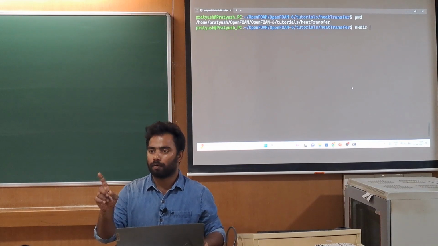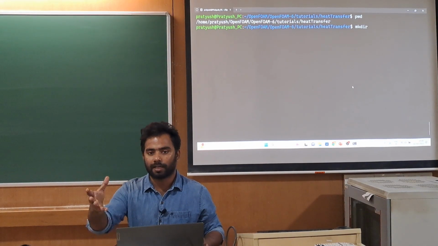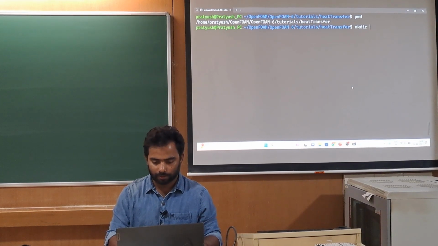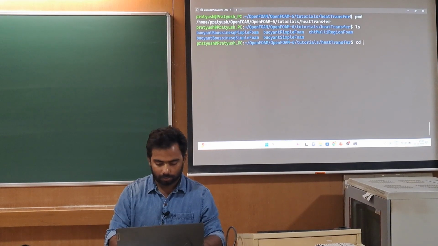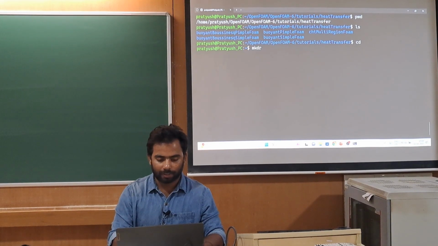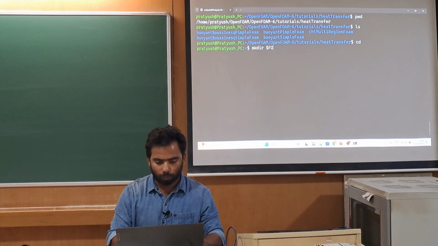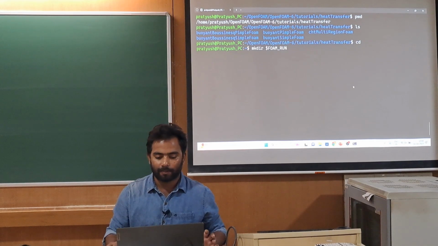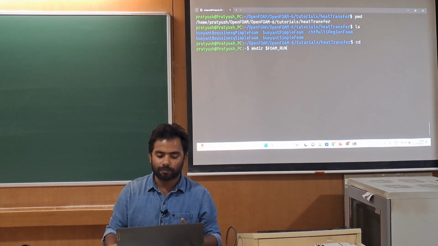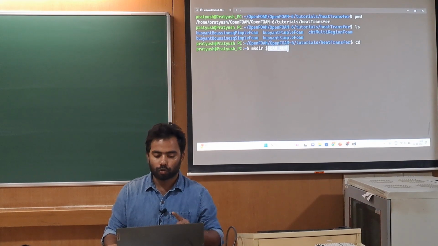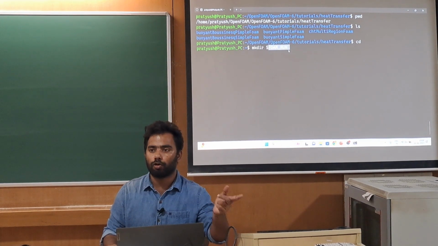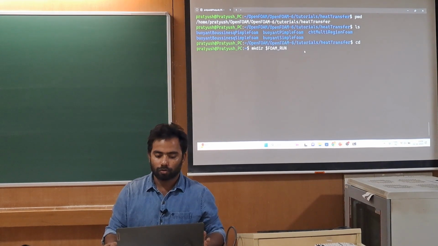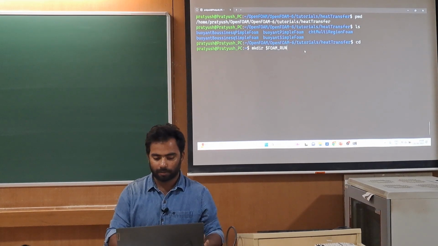So we are going to create one directory that is of your username. Whatever I am writing, you should start writing mkdir. mkdir means we want to create one directory, and this is the foam run command we are going to run. Remember that I told you there are some environment variables related to OpenFOAM. So this is one environment variable for foam run. It is going to create one folder in your user folder, and there will be one folder named run. Just type these things on your terminal.